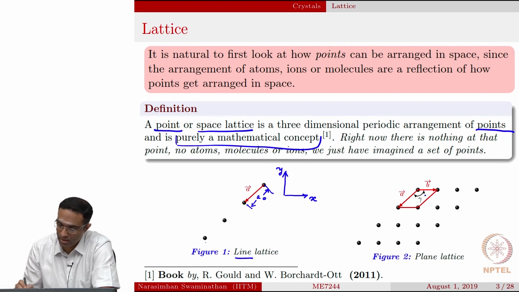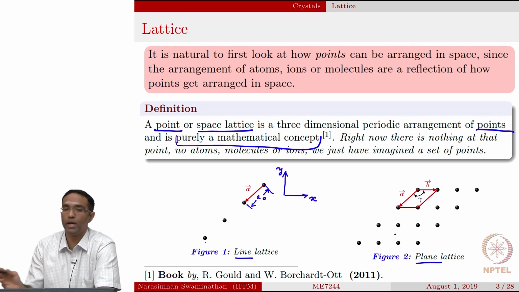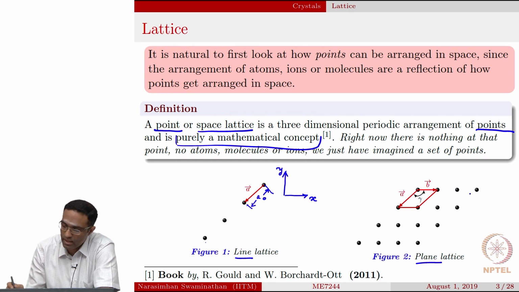So, in plane lattices you have these points repeating themselves in a certain pattern, and they form a 2-dimensional array of lattice points. So, you again repeat the lattice point in one direction and then repeat the entire thing in another direction. So, for example, in this case you have first formed this lattice and then probably repeated it in the other